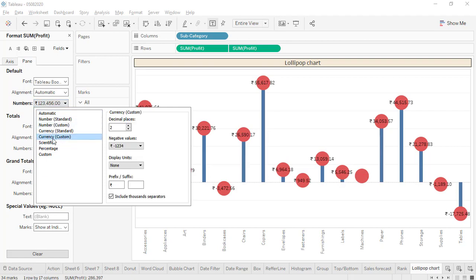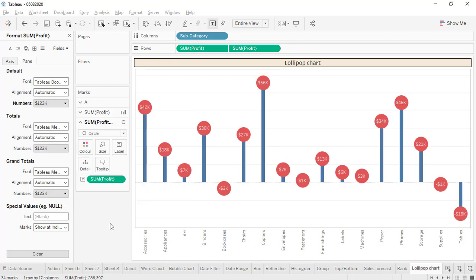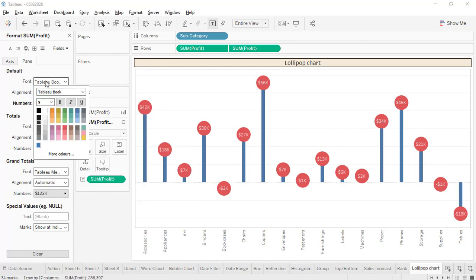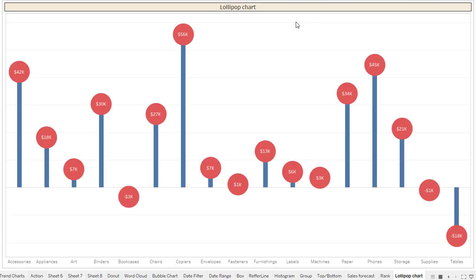So we'll select currency first of all, change it to the required dollar sign, don't need the decimals, and I will use a unit of 1000. Here we go. We can make it bold, and this is the best utilization of a lollipop chart.